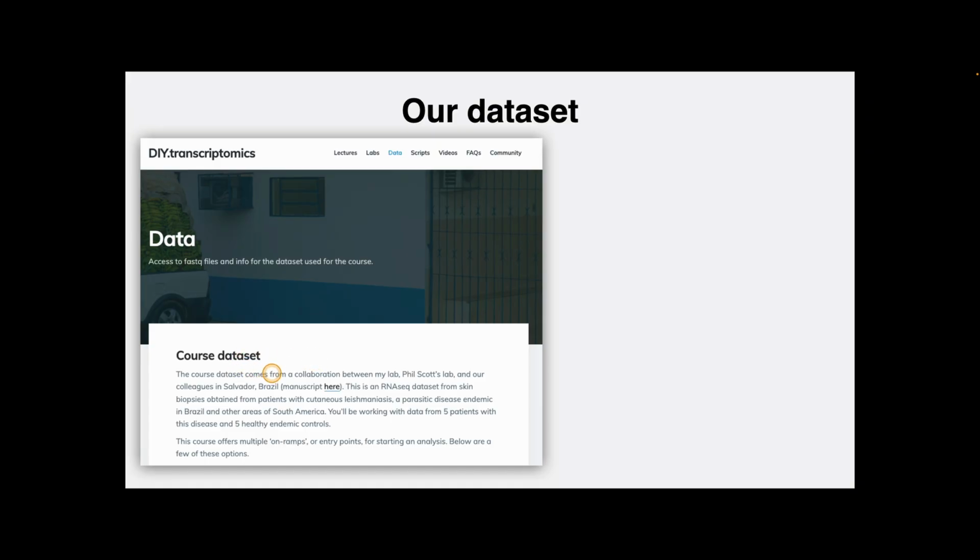So this is a data set that comes from a collaboration between my lab, the laboratory of Phil Scott, also here at Penn, and our colleagues in Salvador, Brazil. If you'd like to know more about this data and what we did with it, you can see the manuscript linked here. This is an RNA-seq data set from skin biopsies collected from human patients that had a disease called